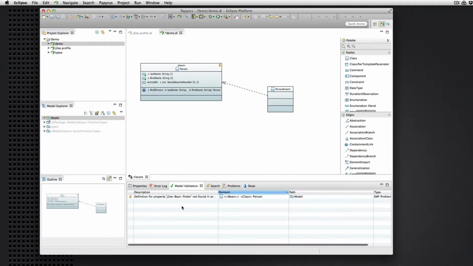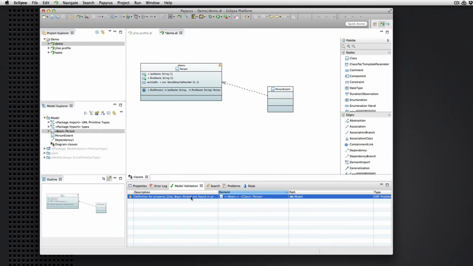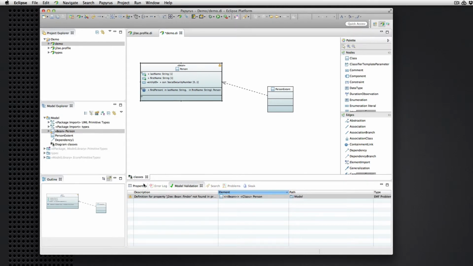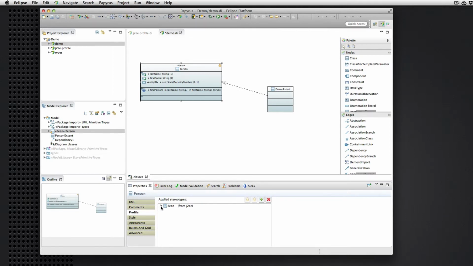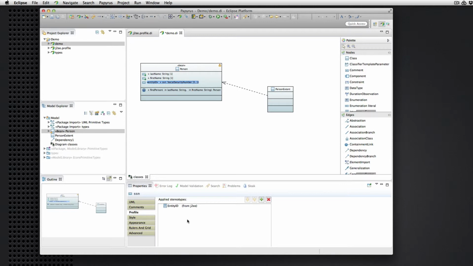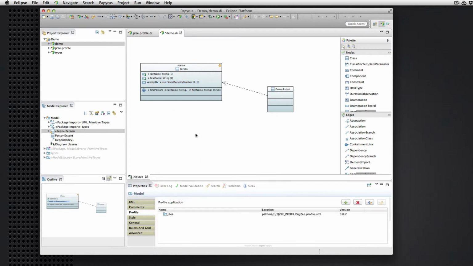Let's see what these problems are. Indeed, here is the finder property not found, and that is on our bean stereotype. So if we go and look at the properties now of the bean stereotype, indeed, the finder operation association is gone. But other information like the entity bean kind is retained, the stereotype on the attribute is retained,